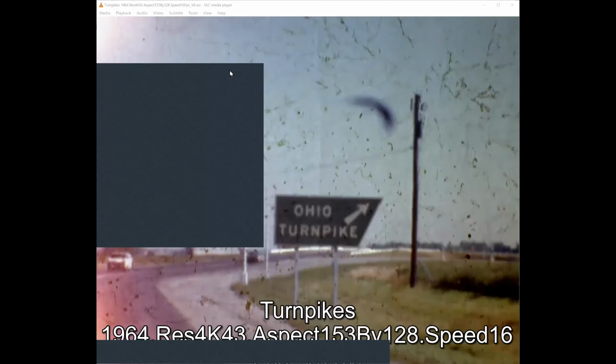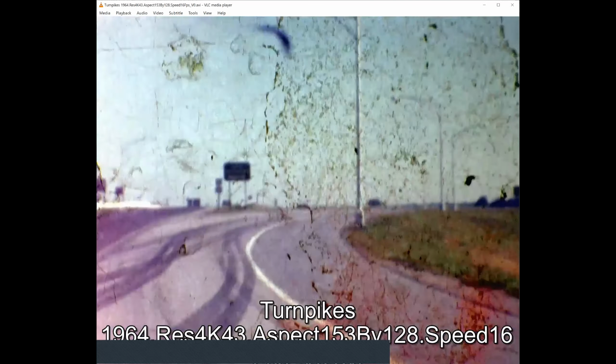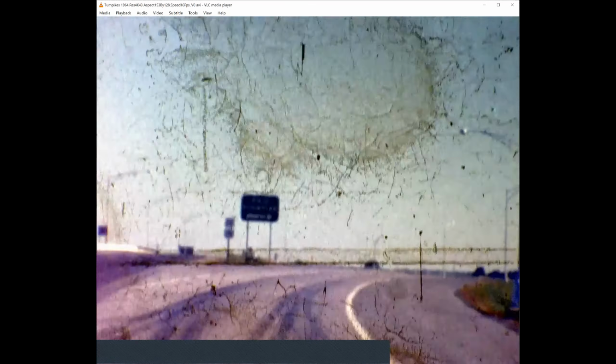And let me go back, we'll get away from the fair for just a second. This next thing was on the way to the fair. The film is very dirty, I mean, it was not stored well, but it's signed for the Ohio Turnpike. But he gets on a section of the Pennsylvania Turnpike, which is really interesting because they were in the process then,